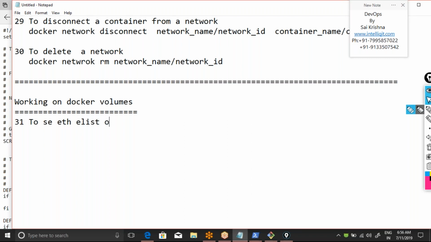See the list of all the Docker volumes. This will just work like a cheat sheet where you can refer to the commands from one location to